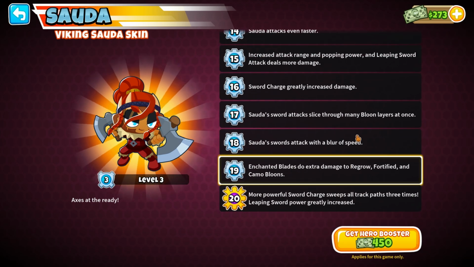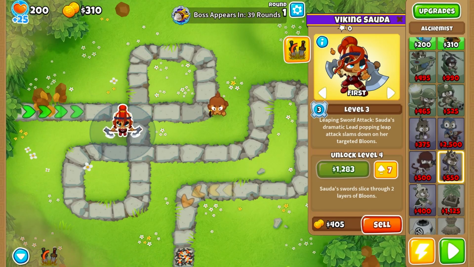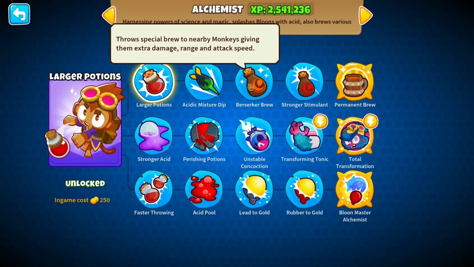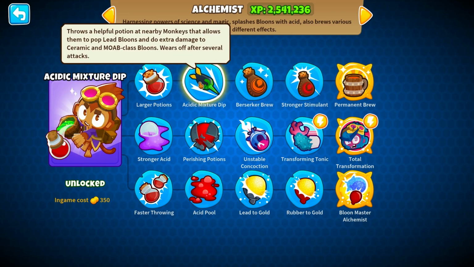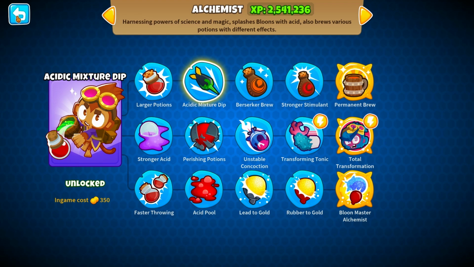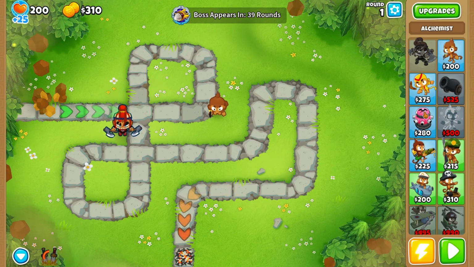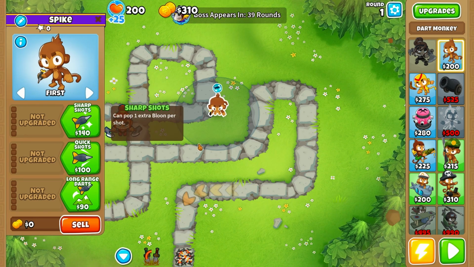She gets fortified. We might have to put an alchemist on her so that she can get, hang on here. An alchemist would allow her to have some bonus damage, and be able to pop lead with this. So we might have to do that. I'm not entirely sure, but I do think our best first bet is starting here with a dart monkey, and